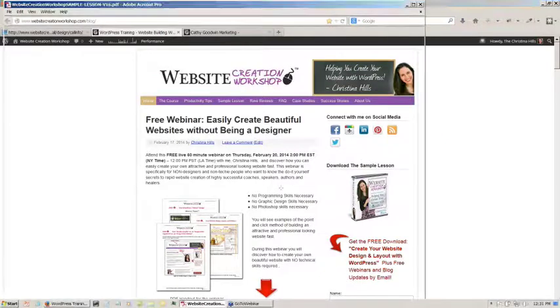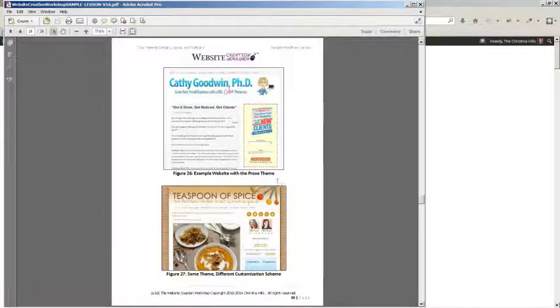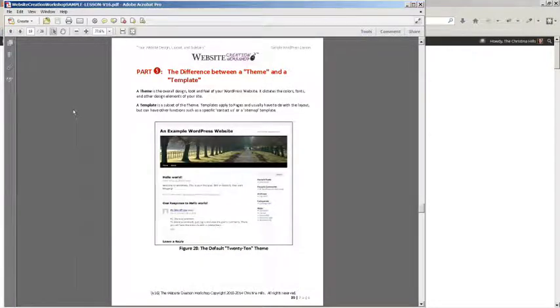So let me get back to my, and I'm sure there's going to be some questions, but I want to keep on going, again, showing you how you can buy one theme and build lots of sites and none of them have to look the same. All right, so now I'm going to move to part 5,